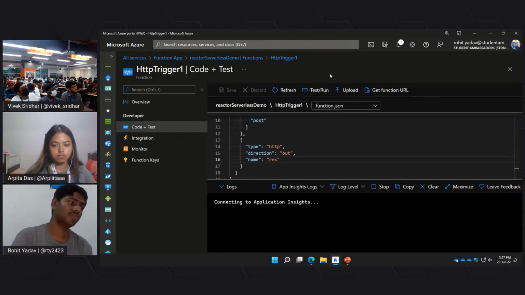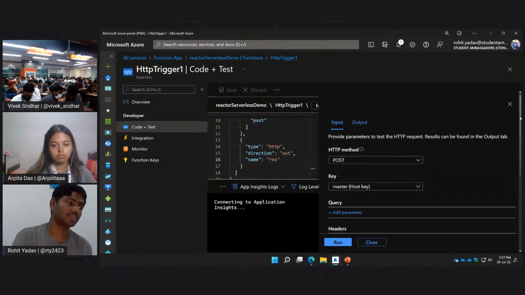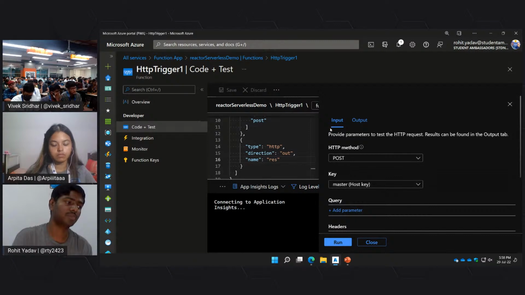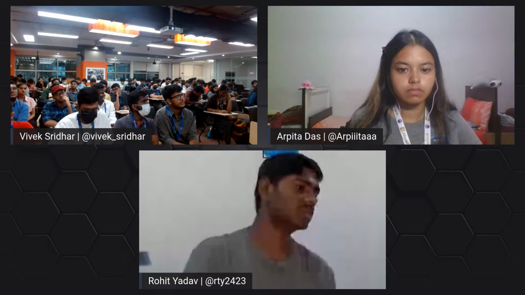So let's go forward and test our function now. Right now I am testing it from the Azure portal itself, but if you want, you can use tools like curl, or you can use Postman to create an HTTP request and send it. In the body part here, as you can see, we provide a number of inputs to our function. The HTTP method that I am using here is post, and there is a part for the key, which is usage of a master key. I can use a query parameter here to share my